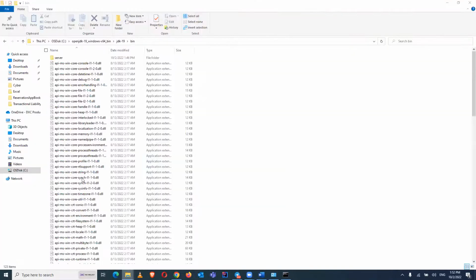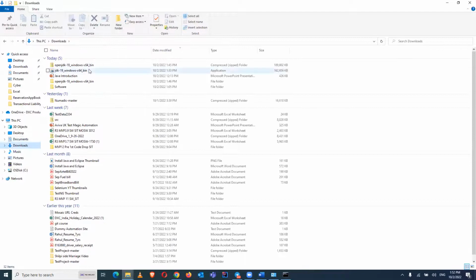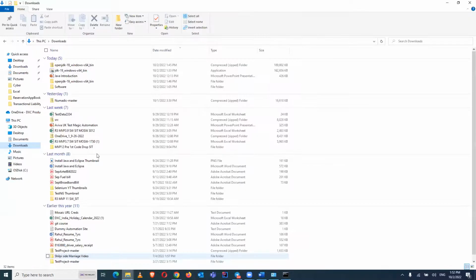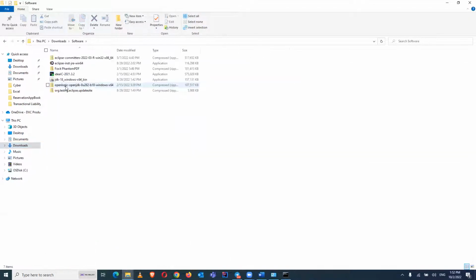So just go to our downloads folder now, and where is that? I think it's still downloading. Okay, actually it failed because it is blocked in the system. So okay, I have already downloaded this file in my system. So this is the eclipse.exe file which I downloaded earlier. What you have to do is just open this .exe file for your Eclipse,